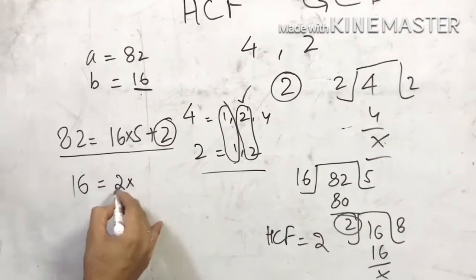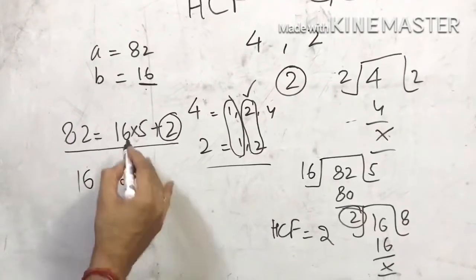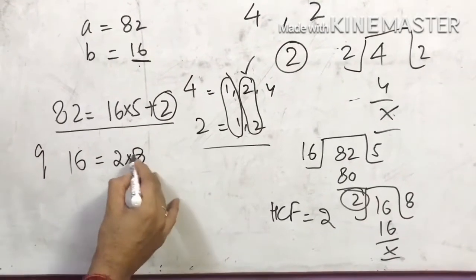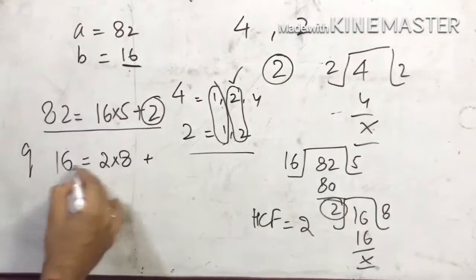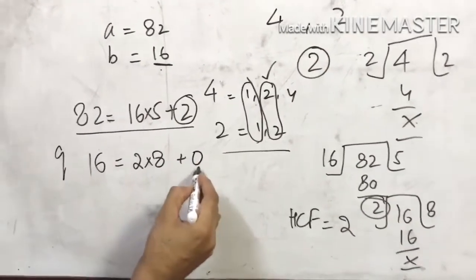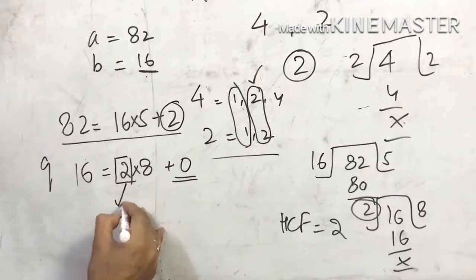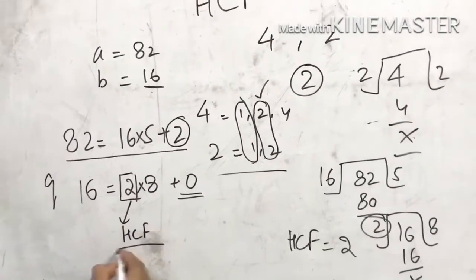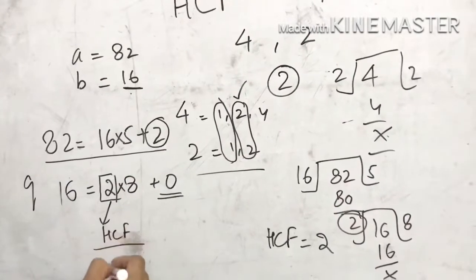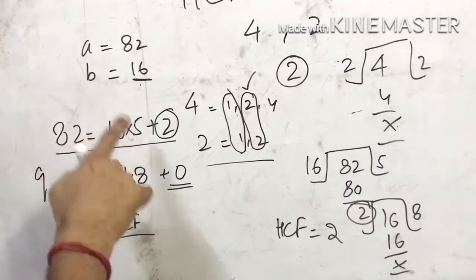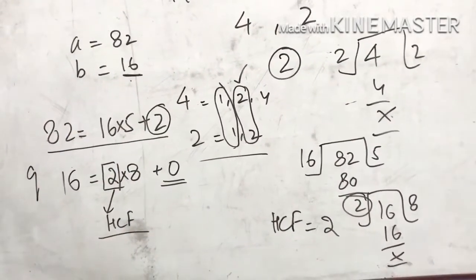Now you think by which number you will multiply, that is Q, 8. So what you will get the remainder, because 8 into 16, minus 16 will be, remainder will be 0. So when you will get 0, whatever number is here is your HCF. So this is the method how you can find with the help of Euclid division lemma the HCF when two numbers are given to you. Let's take some other examples.